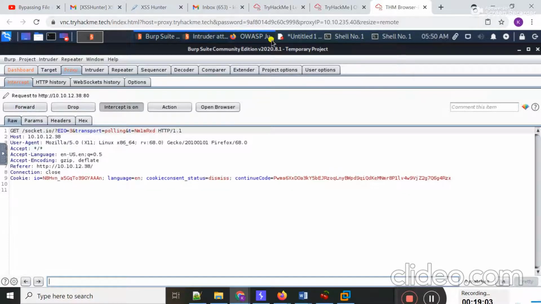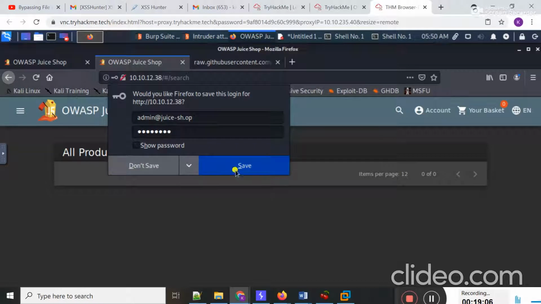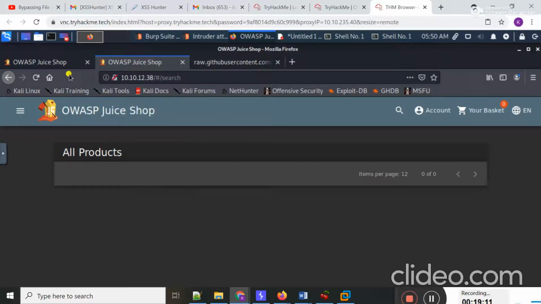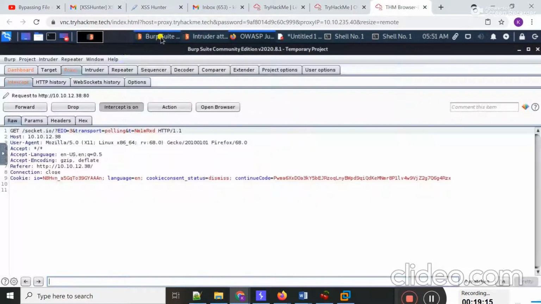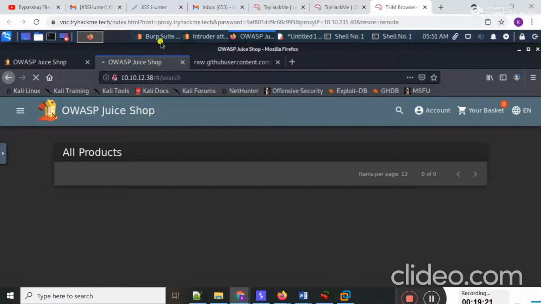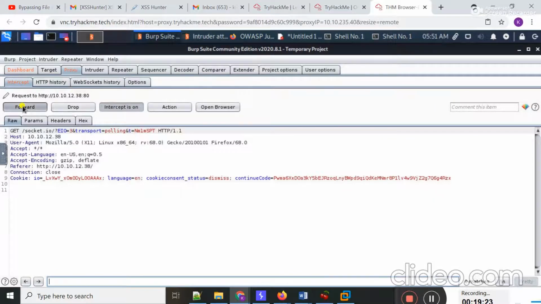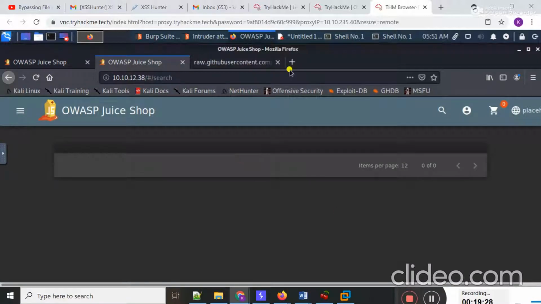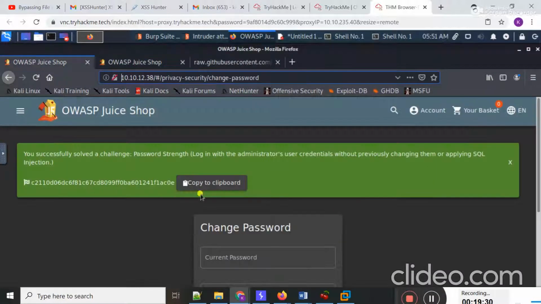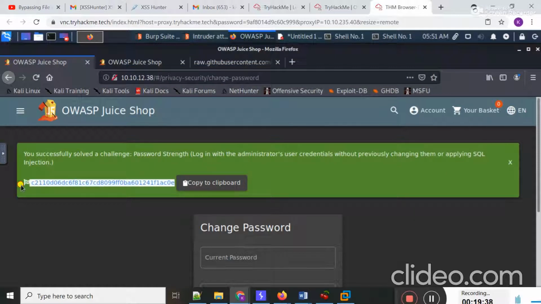Okay, you can see I have successfully logged into the admin page, and if I refresh it, if I forward, you can see I have successfully found a flag.